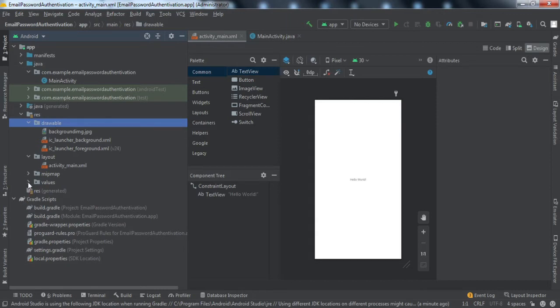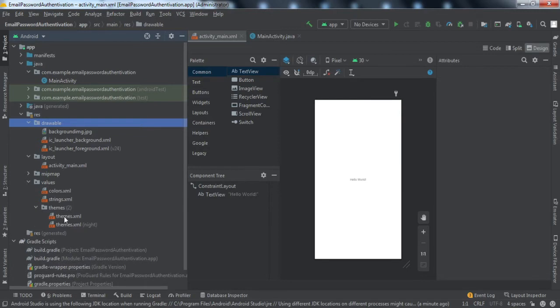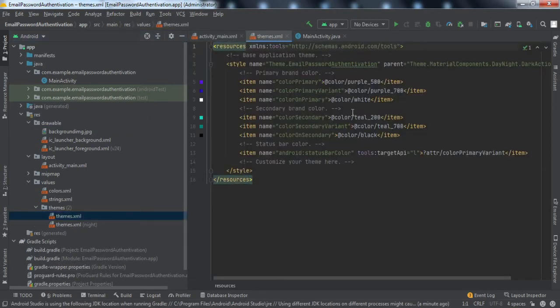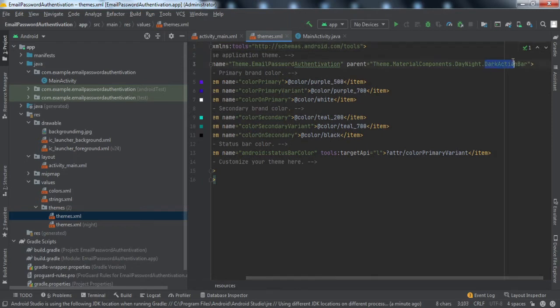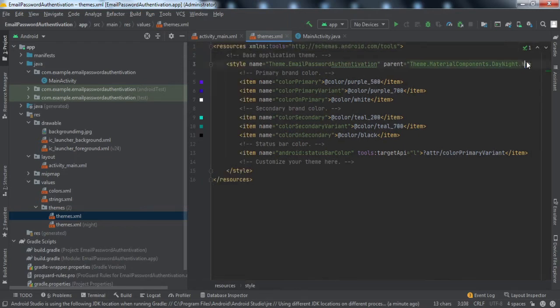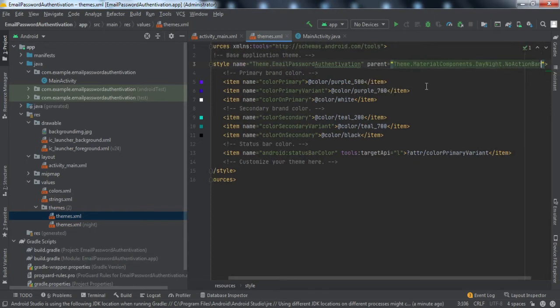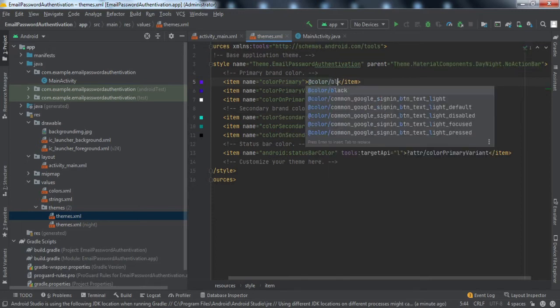After this, we need to do some modifications in the theme, right? So here first we'll change this to no action bar. We'll change the primary color to black.